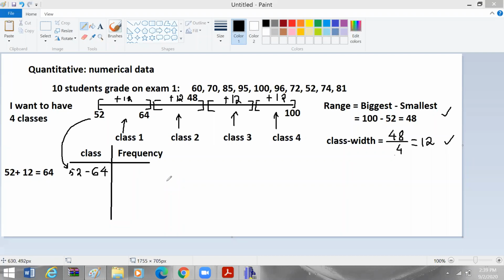Okay. And now what is the next class? The next class has to be one number bigger than 64. Do we agree? It is 65 through 77. You give me some time for that because we have people still asking questions. Is this the ratio of students in class one? This is not the ratio. This is the range of the first class.